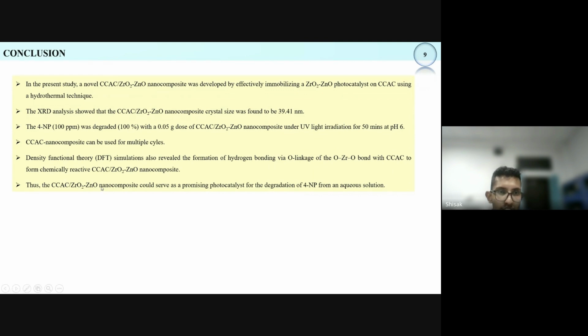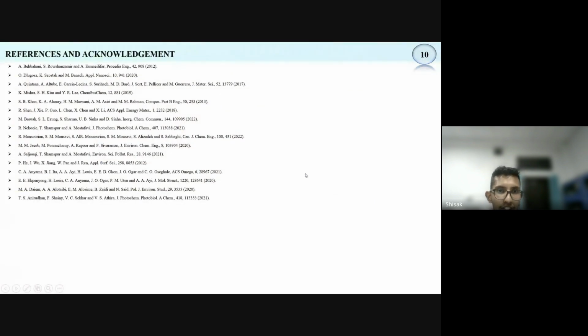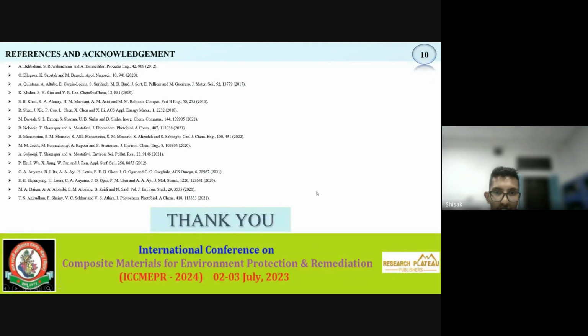So thus, this confirms that the prepared material would serve as a promising photocatalyst for the degradation of 4-nitrophenol from an aqueous solution. So these are some of the references,